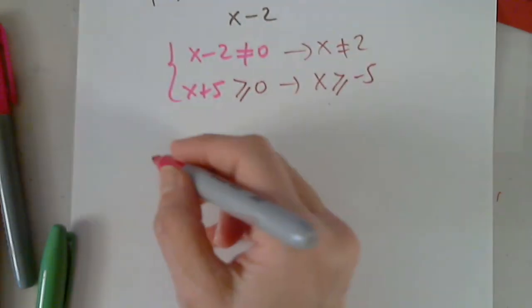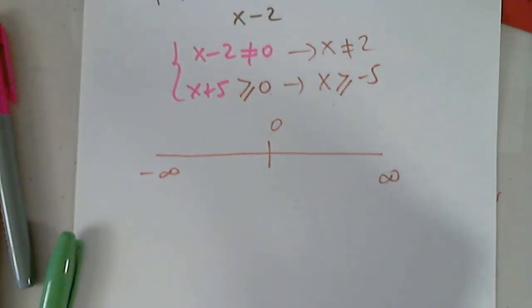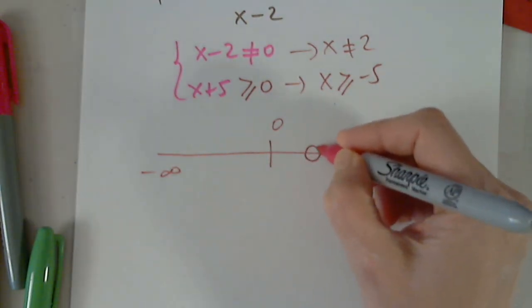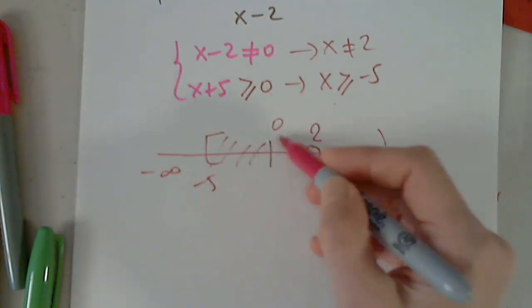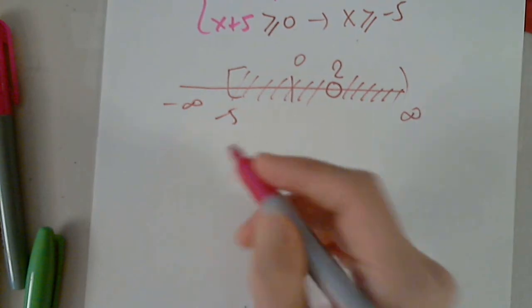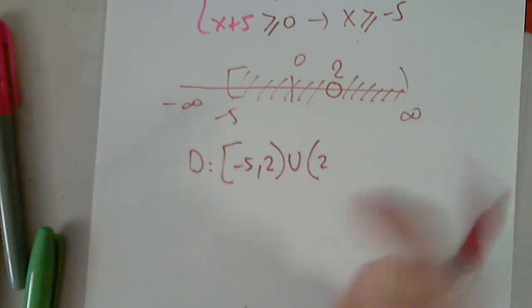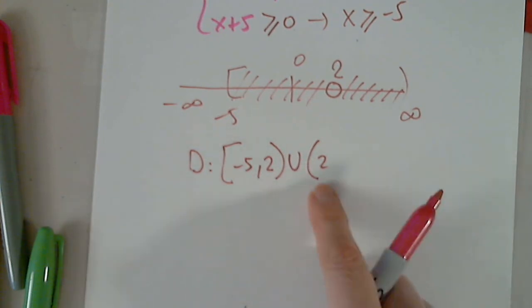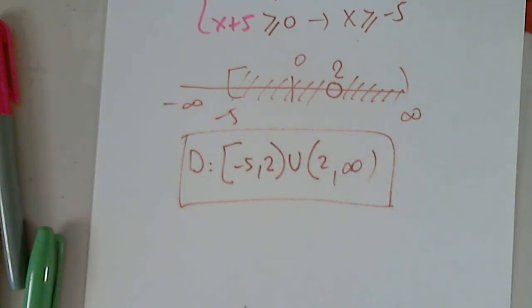If you have any difficulty seeing what's happening here, please graph it first. We don't care for units. We are just using this to help us understand or state the domain correctly. It cannot be 2, and it goes from negative 5 to infinity. So obviously the domain is from negative 5 to 2 without 2. Parenthesis at 2 does not include 2. Union, parenthesis at 2 does not include 2, comma, infinity. Okay, so we have 5 minutes now to